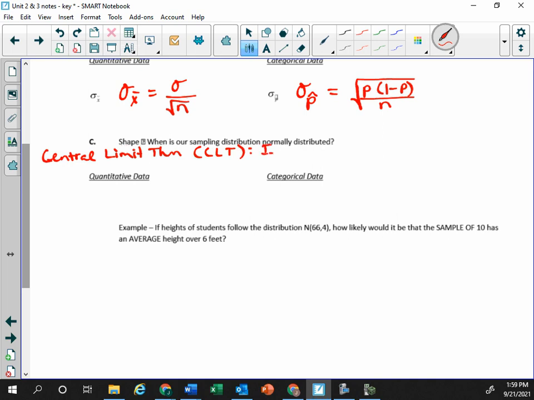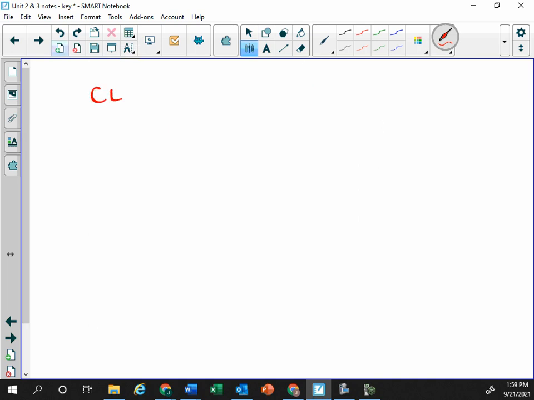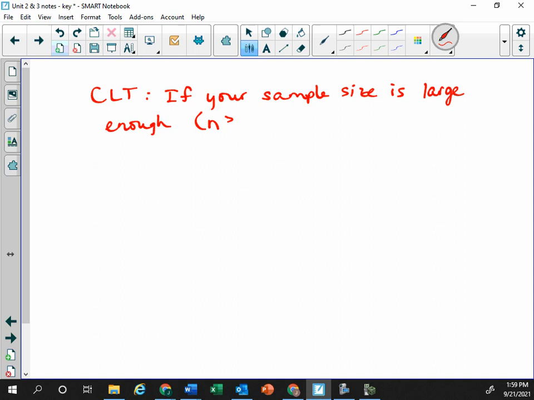And what this says, I'm not going to be able to write it in there nicely, so let me write it over here: if your sample size is large enough, and large enough means a sample size greater than or equal to 30,